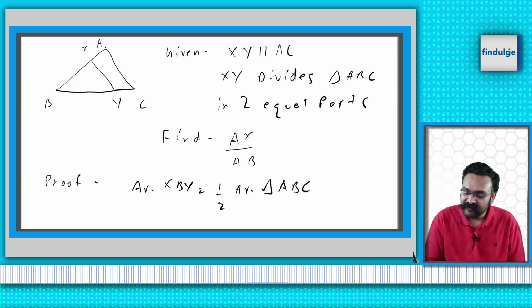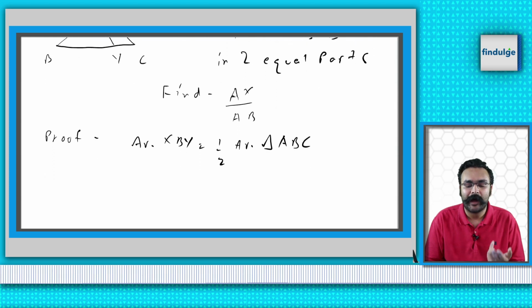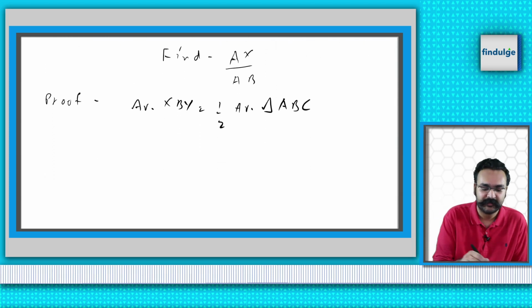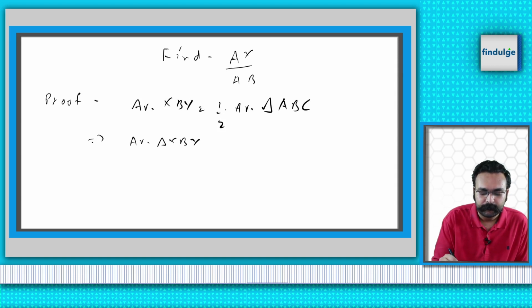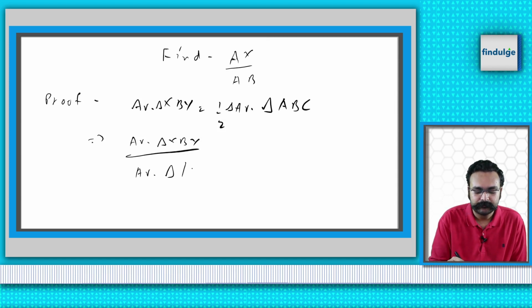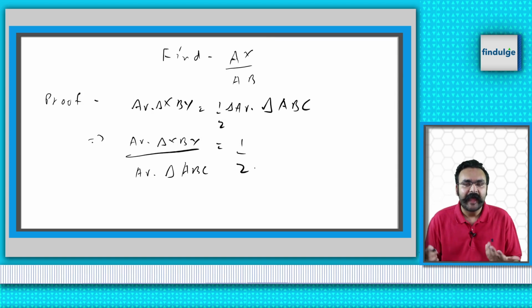Why? Because if I know that the area of triangle XBY is equal to half the area of triangle ABC, this obviously means area of triangle XBY upon area of triangle ABC is equal to 1 by 2. So since I have a ratio of the areas, I can find a ratio of the sides. And of course,